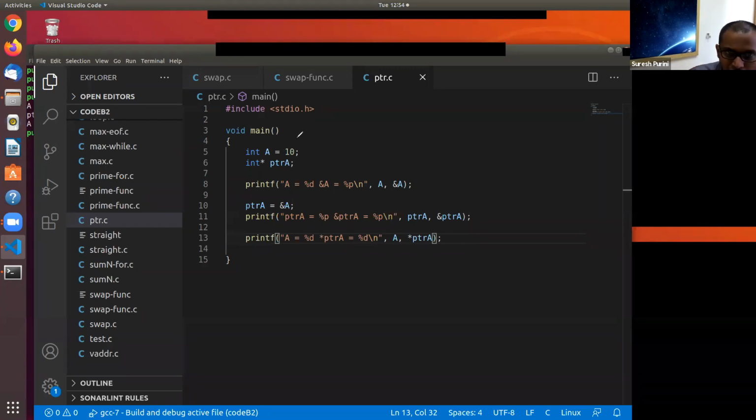So where will the memory for the variables A and PTRA be allocated? Guys, your answers are driving me nuts.